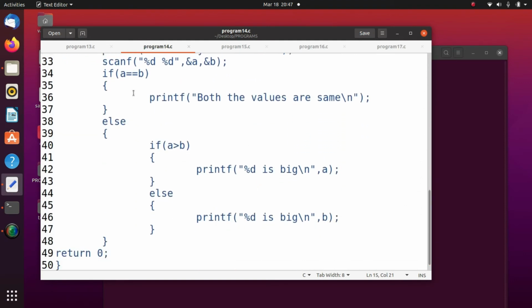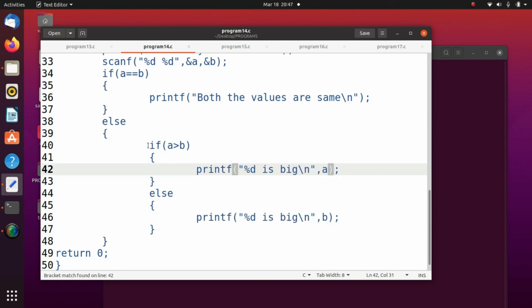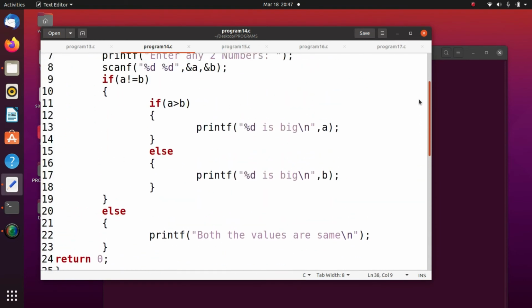Here, this is the if statement, and if it is false, you execute this else block. In this, you write another condition. This we call an else if ladder. That means you are writing the if statement in the else block. Both the programs return the same answer.